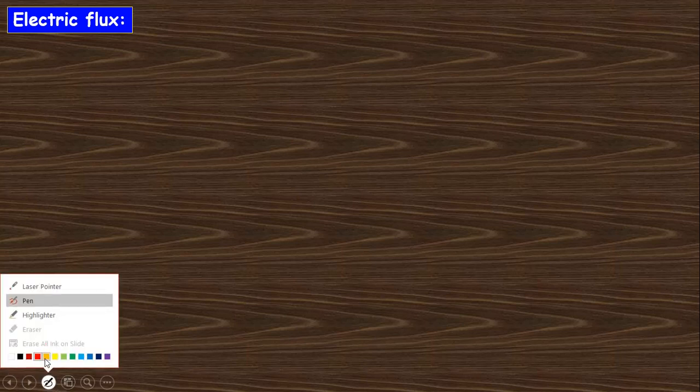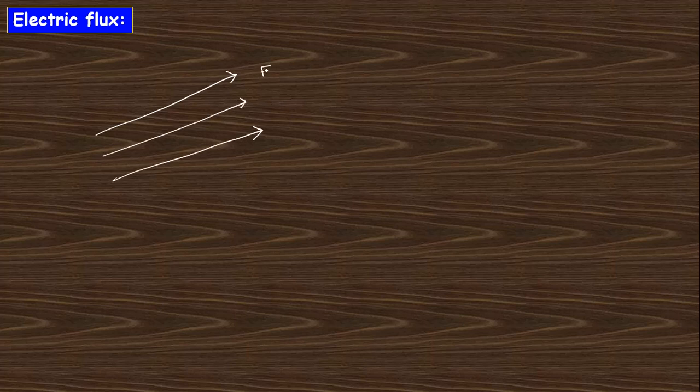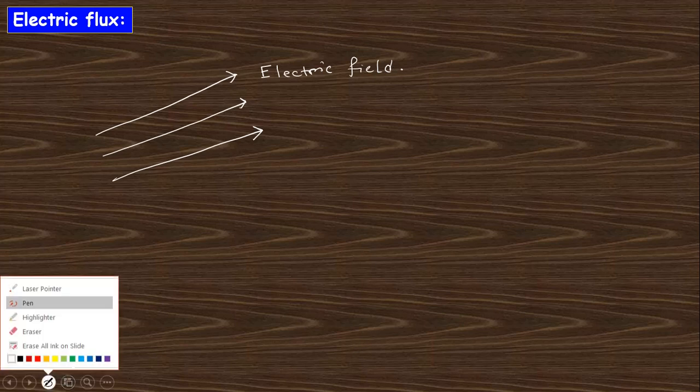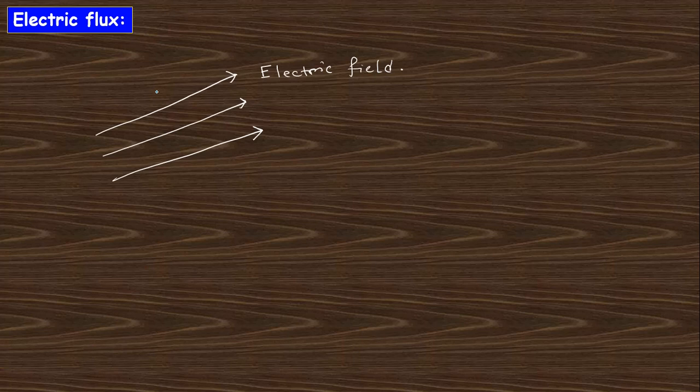So at first we want to discuss the electric flux. What do we mean by electric flux? Suppose there is an electric field. We can prepare the electric field using charge separation, you know. So this is the electric field. And if there is any surface in this electric field, suppose there is a surface like that, the electric field cuts this surface. This is a surface. Clear? This is a surface.